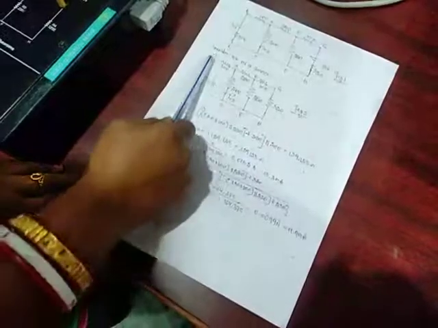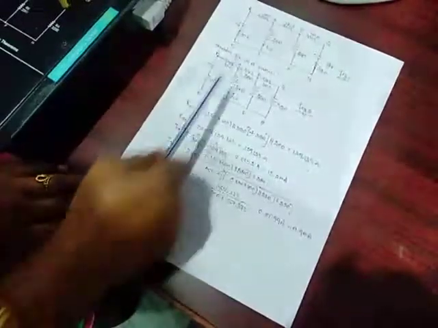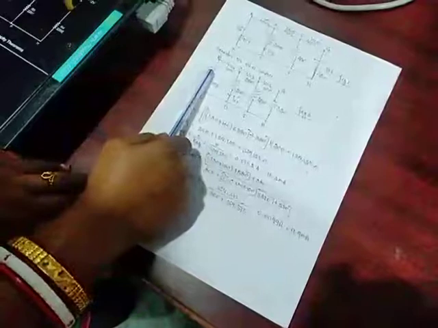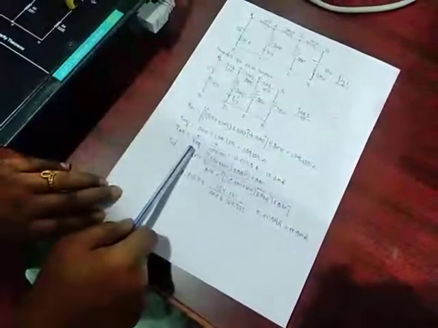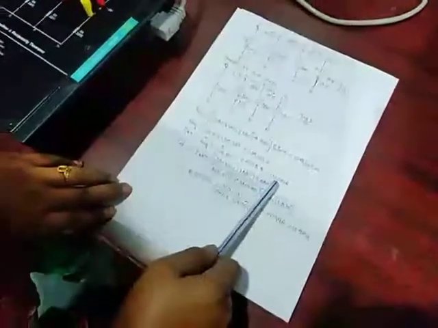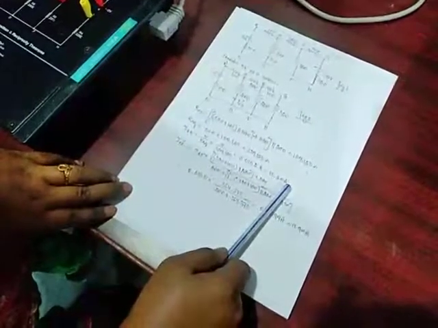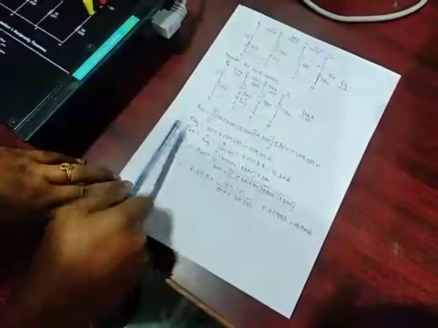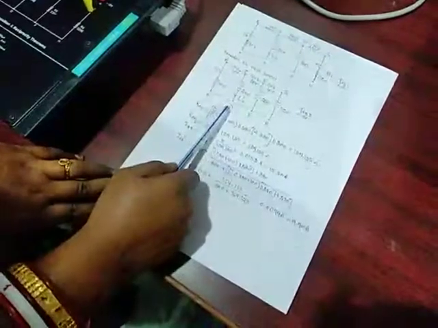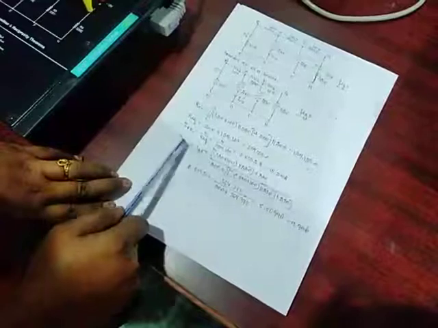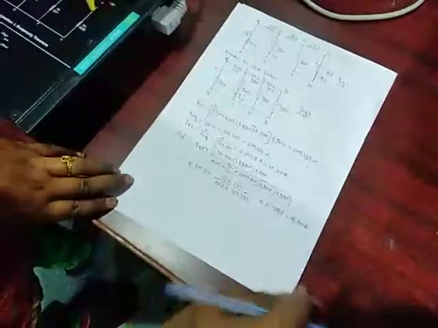After that, you find the total current. I write here IAB, meaning the current flowing through this path is IAB. The total voltage is 5, so 5 divided by R equivalent gives the result 15.2 milliampere. Then by using the current divider rule, you find the current flowing through the CD terminal, which is ICD dash, and it gives 9.9 milliampere.